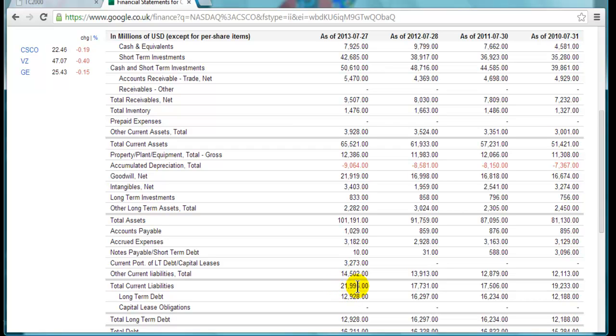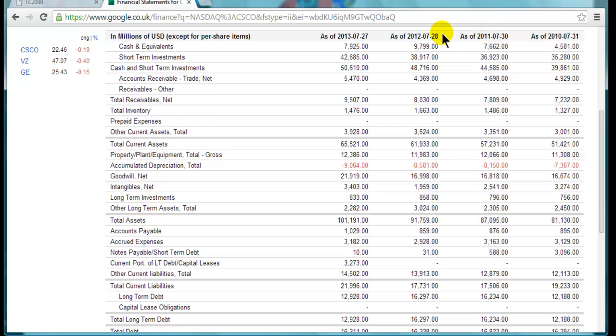You can check the economy news. Check why the current asset went up. You want to know why the current asset went up. Very important. But the most important test is to compare the short term, the total current asset, to the total current liability. For this verification, we can see each year,